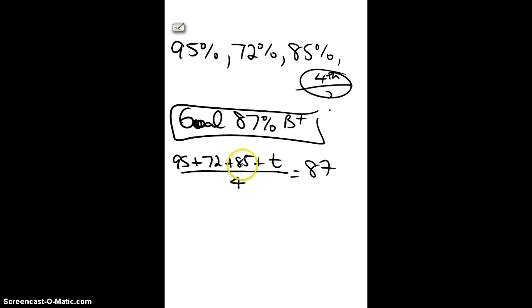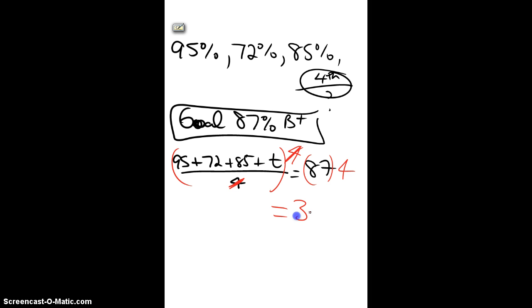So we have these 3 scores, we have a test grade, and we want it to average to be exactly an 87. So again, now that we have it set up, we can just solve our equation. To get rid of that fraction, which we don't like, we're going to multiply both sides by 4. All right, and so let me grab my calculator. All right, so if I take 87 times 4,